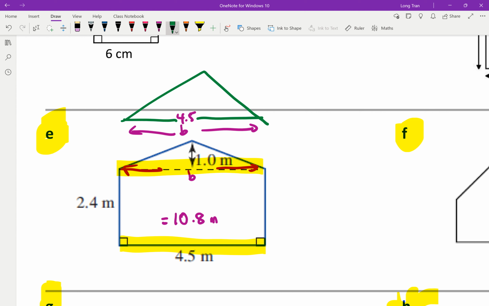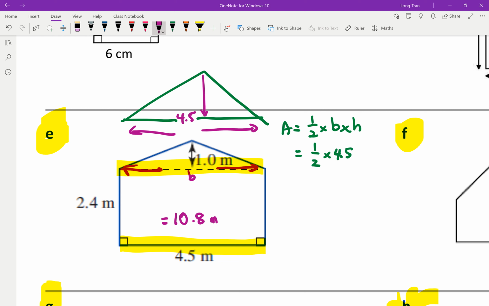Okay, so my triangle, the base now tells me it's 4.5. So again, what's the formula for the triangle? Area equals half times base times height, right? So I've got half times, what's the base? We now know it's 4.5. But what is the height? See, the height has to be